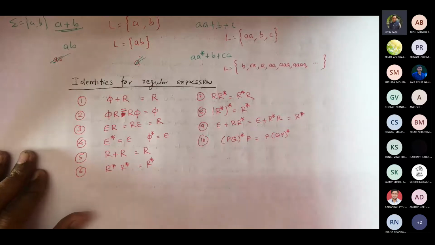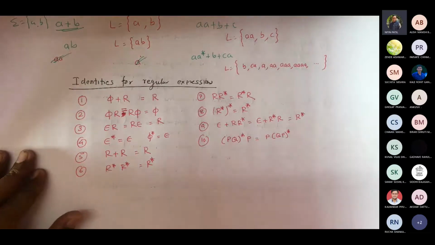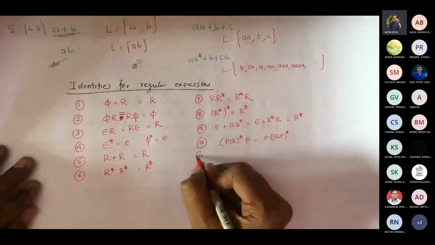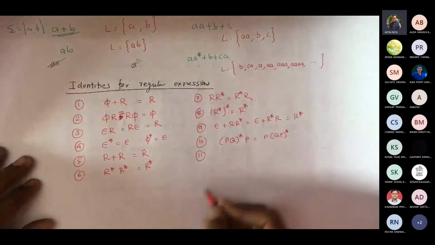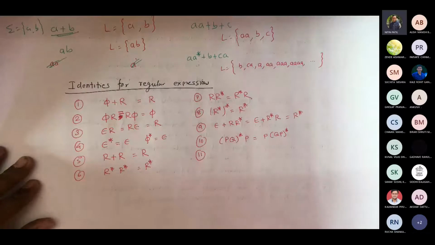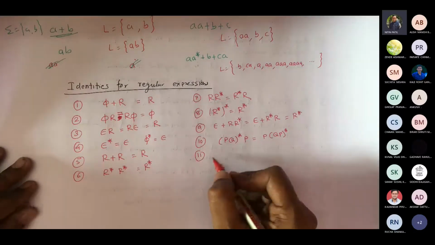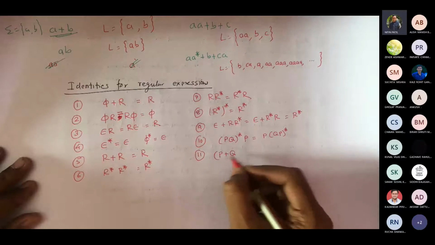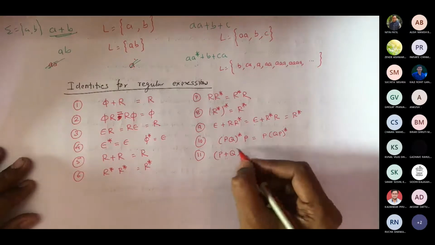So these are the 10 identities that are really important to be used by us in some part of the problems that we are going to work with in future. Let me try an 11th one in addition. Can I write like this? So you please help me out. When I write PQ, P plus Q star.